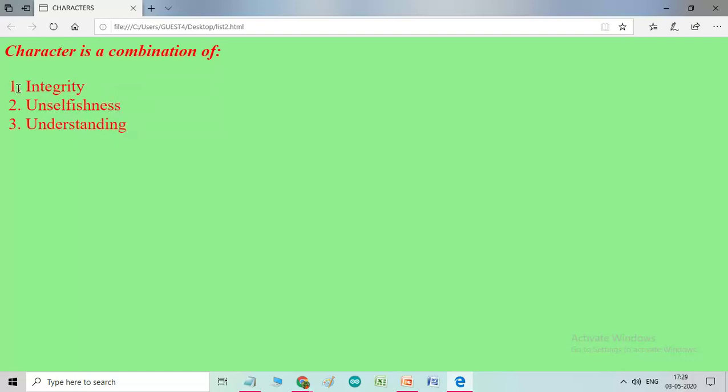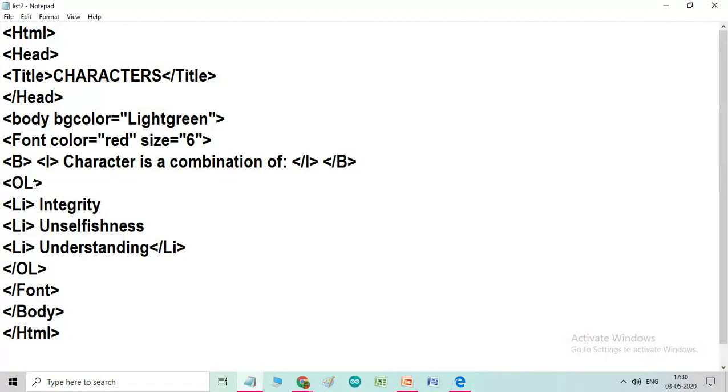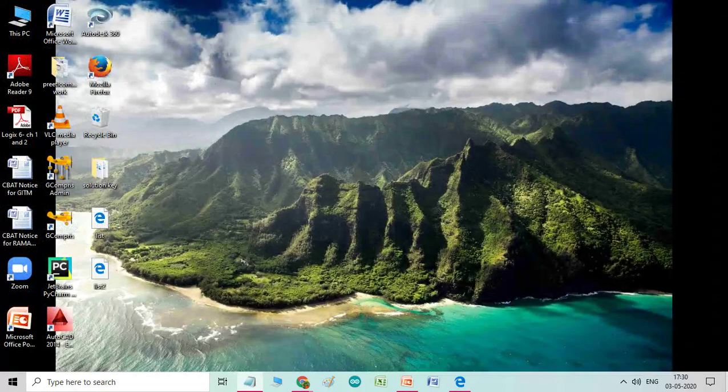You see, children, automatically the list is created as 1, 2, 3. This is the default list. If you do not define anything with the OL, then it will automatically give the numbers 1, 2, 3. Now we will use the other attribute, that is type.